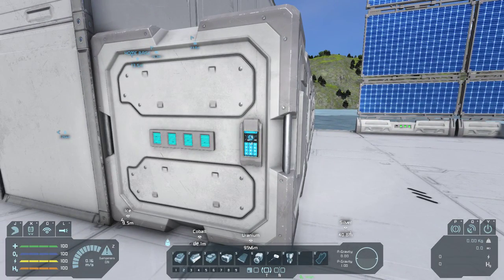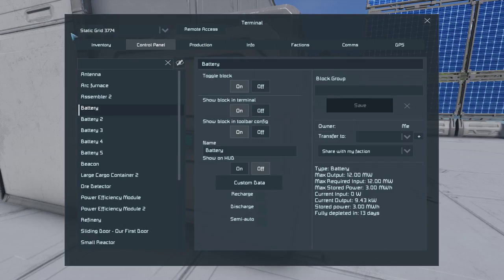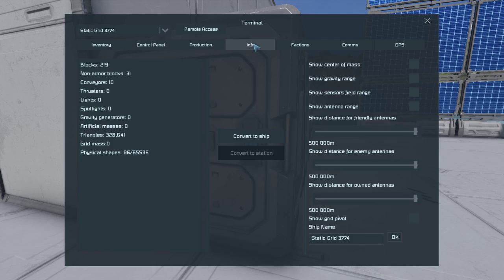Now we don't have to leave it like that. That is very difficult to understand. Oh, what is Static Grid 3774? Oh, how do I know that that's my base? Well, if we come under our Info tab, and down the bottom here, we've got, well, it's called Ship Name, or it should be probably retitled Grid Name. And since we own the entire grid,